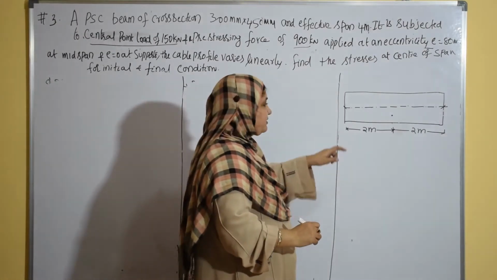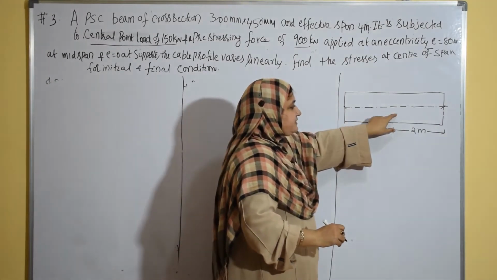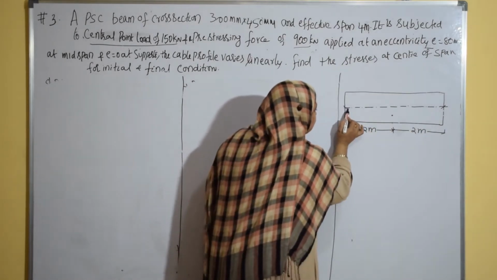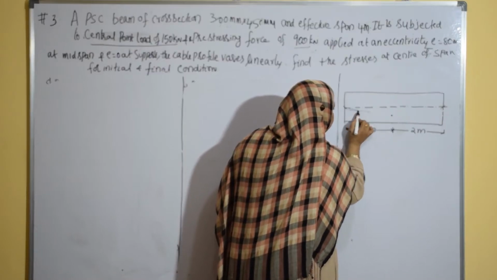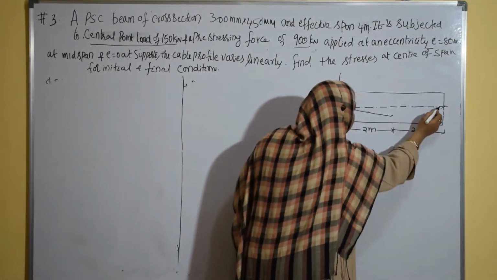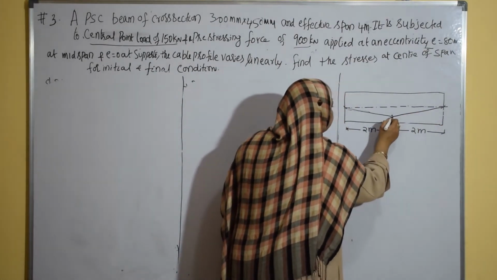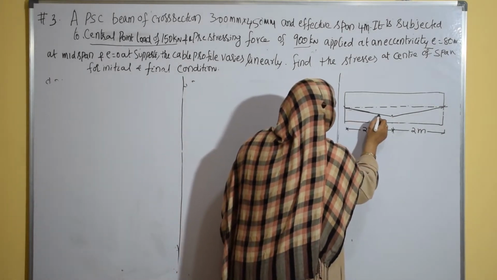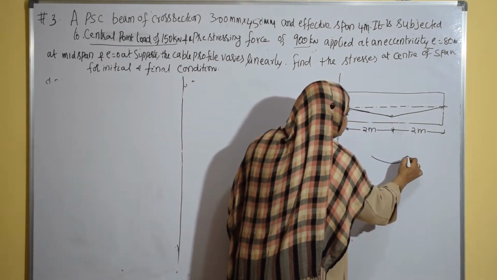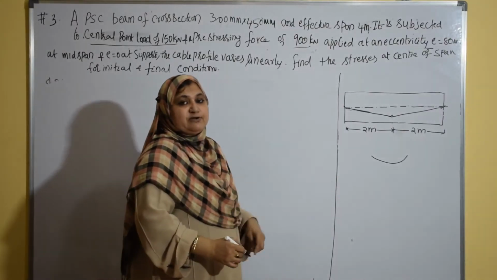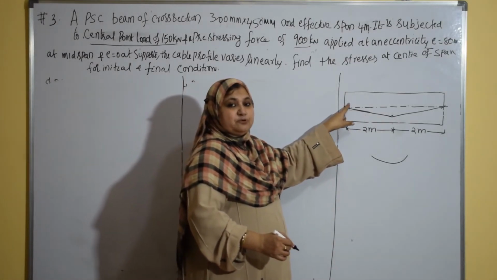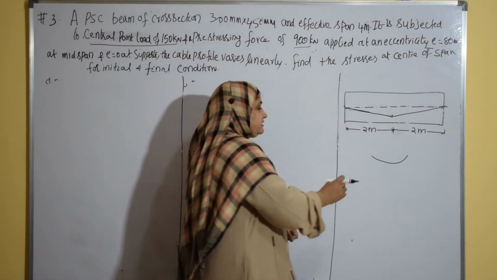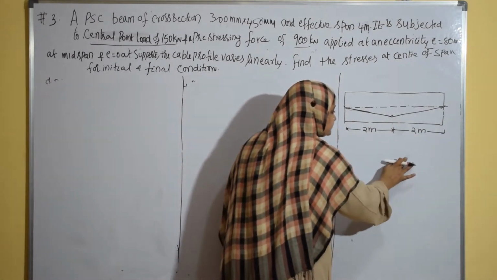So you have got 3 points: 0, 80, 0. Join these points and you get the cable profile. Join them with a scale using a straight line, otherwise the profile will become parabolic. There is another type of profile called parabolic, like this. This type of cable profile is also there. This is a linearly varying profile, with 0 at the support. This is a parabolic profile. In the coming problems we will see this type of profile.